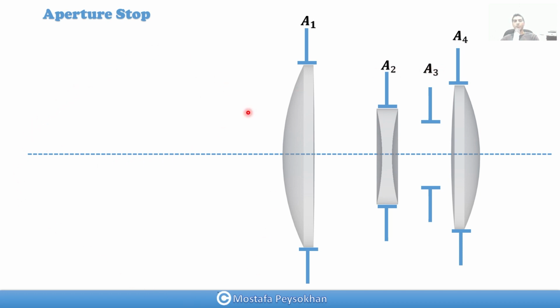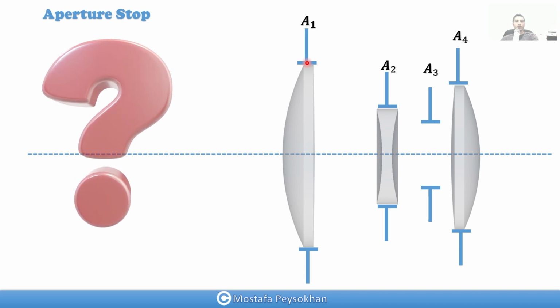Here, this is the object space. Here, we have image space. So if we image each element into this space, which means that, for example, for aperture 3, on the left-hand side, we have two lenses. We should image it through these two lenses. For aperture 4, we have two lenses. We need to image it. For aperture 1, there is no lens after aperture 1. So aperture 1,